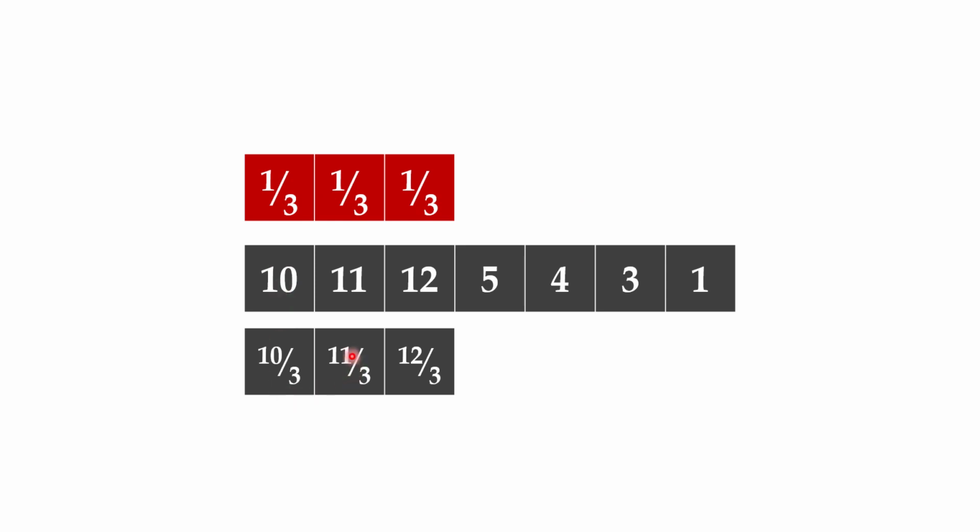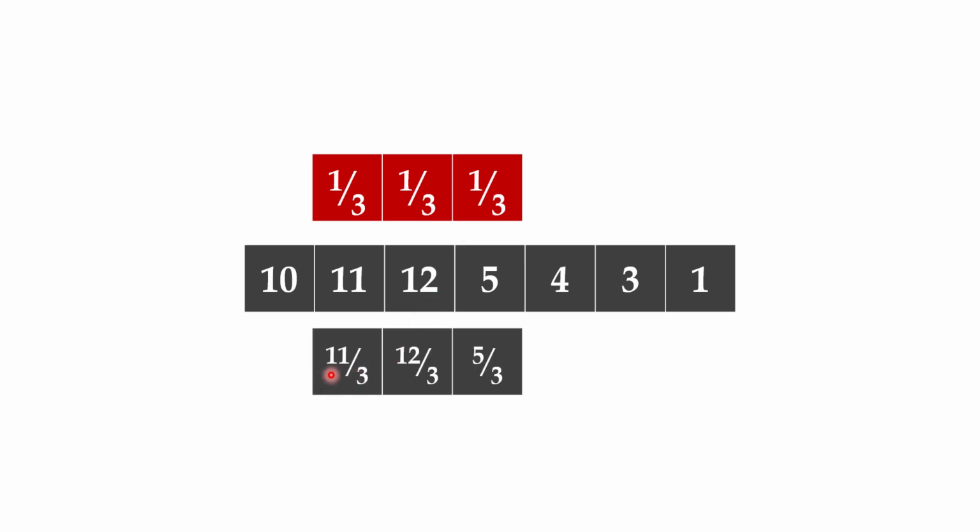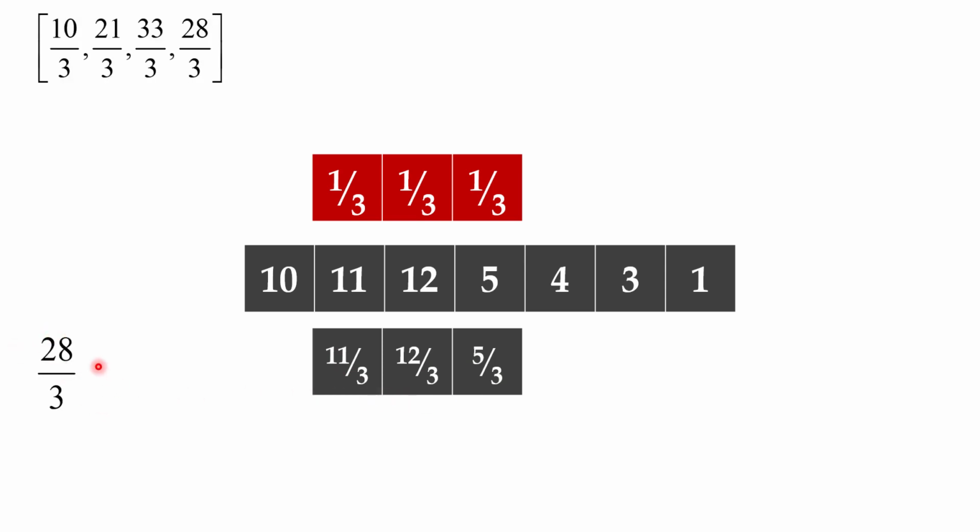As you can see, here we can multiply each value. So 10 divided by 3, 11 divided by 3, 12 divided by 3. And if you sum these values, you will get 33 divided by 3, and we append that to the list. And again, let's slide it to the right. So now we are going to multiply 11 divided by 3, 12 divided by 3, 5 divided by 3, and if you sum these values, you will get 28 divided by 3, and we are going to append that